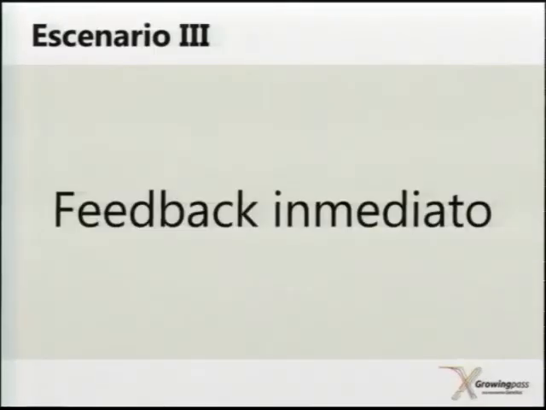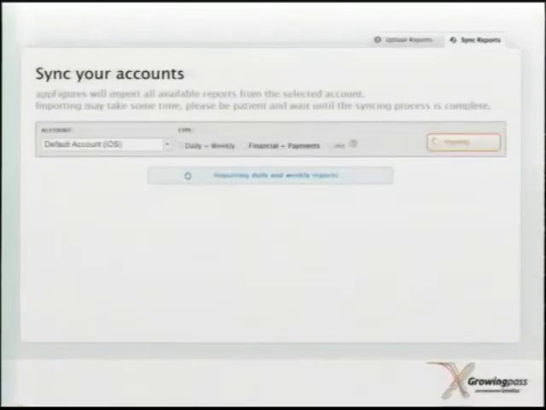Finally, the last scenario is the immediate feedback. Basically, I want to run a process and I want to notify the client what I will do. Once again, here I have a real-life application which imports reports from the iTunes developer account. Obviously, this is part of the application